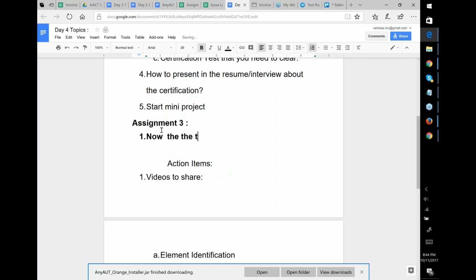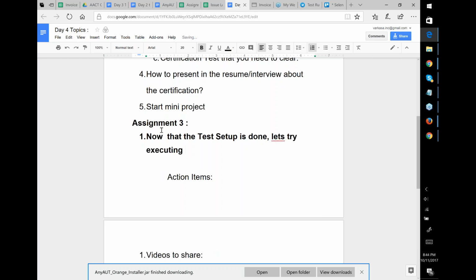Now that the test setup is done, let's try executing automatically. So what we're saying is,